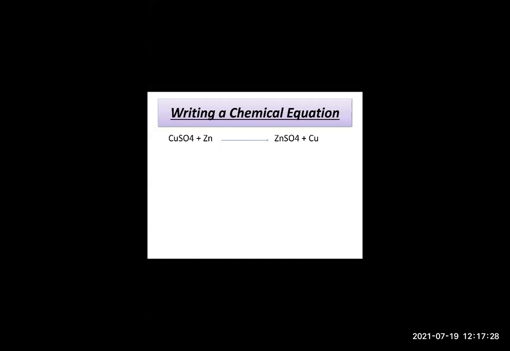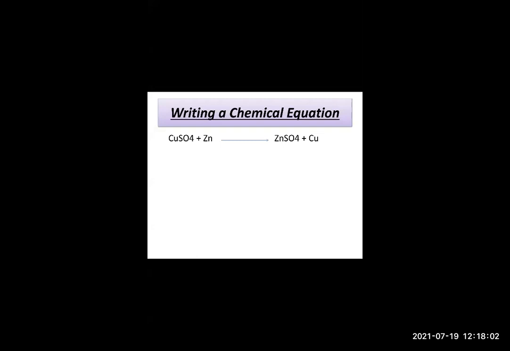Correct? For example, slaked lime is formed on heating limestone. So CaCO3, that is limestone, calcium carbonate. If you're heating it, what are you getting? Quicklime, calcium oxide, that is CaO, and carbon dioxide gas is evolved. So you can write CO2 with an upward arrow. Correct? Similarly, it is also necessary to write the specific temperature, pressure, catalyst in some of the reactions.